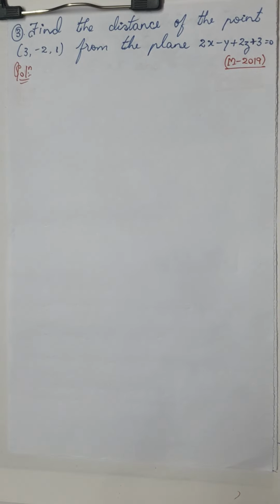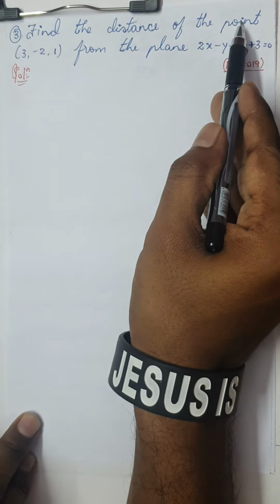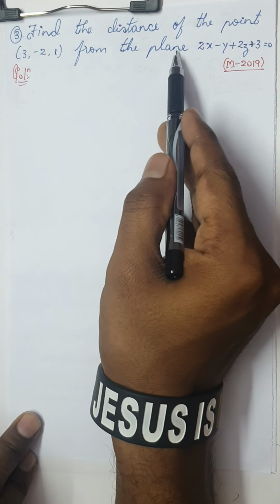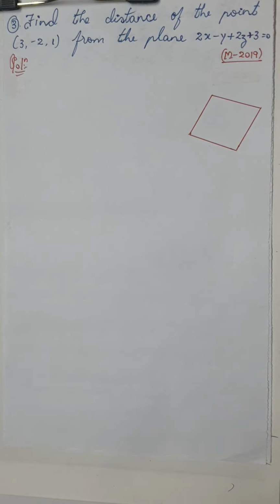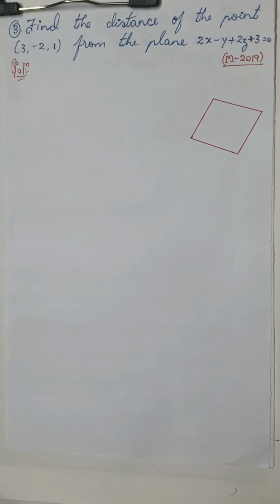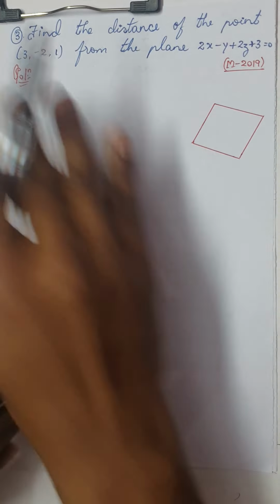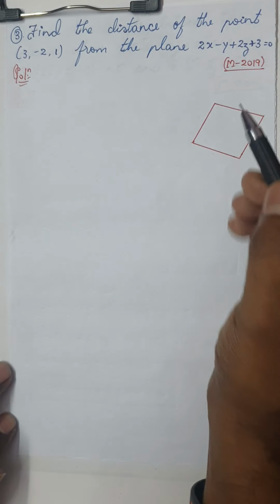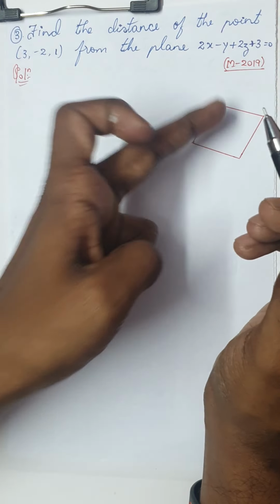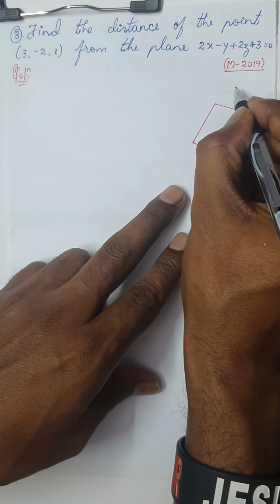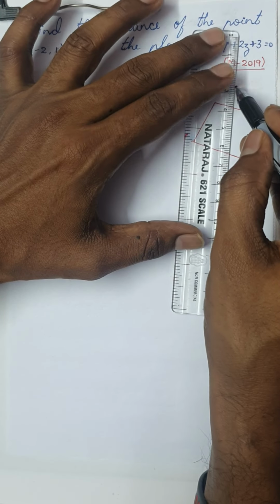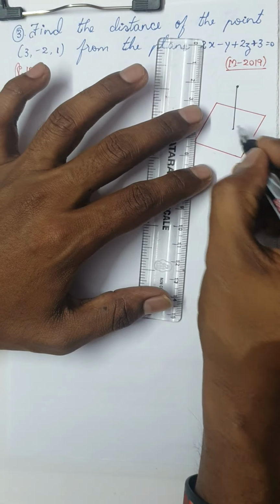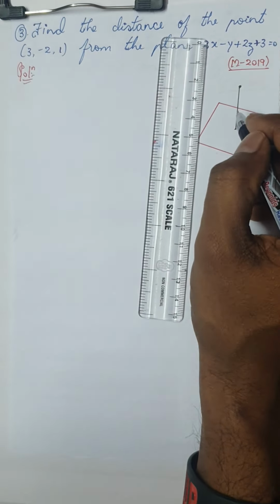So the next question we have is the third one. Find the distance of the point 3, minus 2, 1 from the plane. Okay, so you will be having a plane, you have to find the distance from the point. It's difficult to explain it on the two-dimensional frame, dear students. So consider the plane as just a sheet. Okay, there will be a point here where my nib is. From here you have to find its distance. Generally in the diagram you can show it as there is a point P, and from there you will find its distance onto the plane. Okay, remember this, usually I call it the distance required.